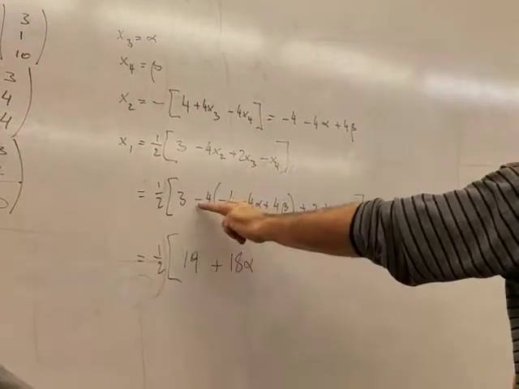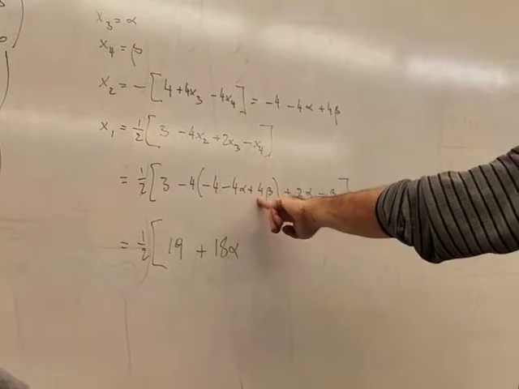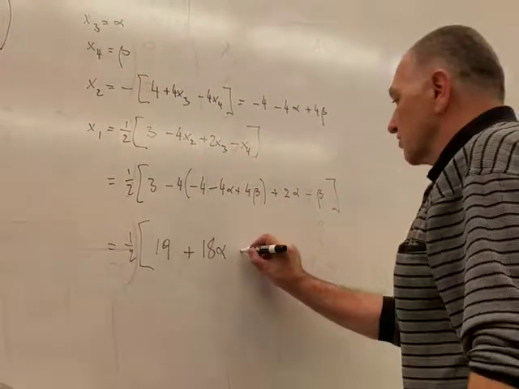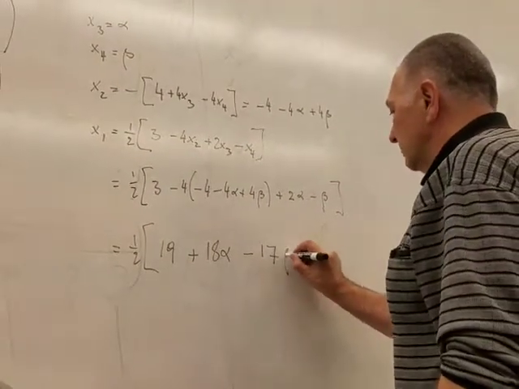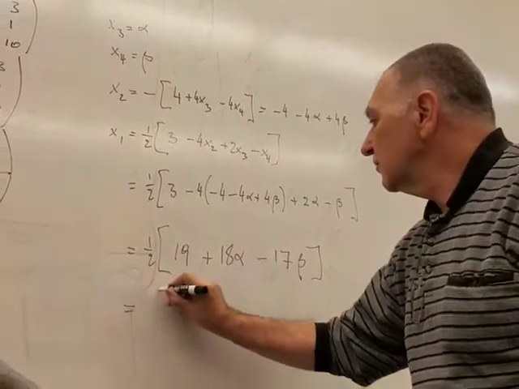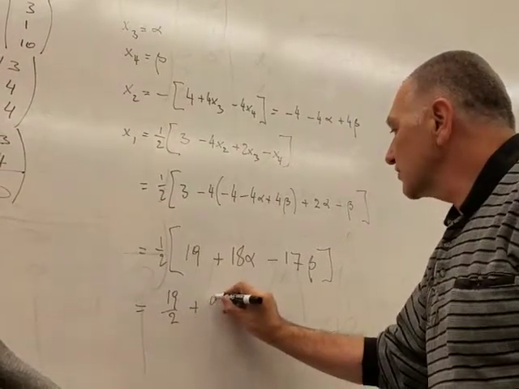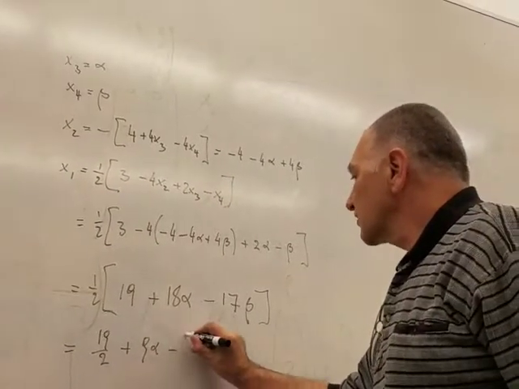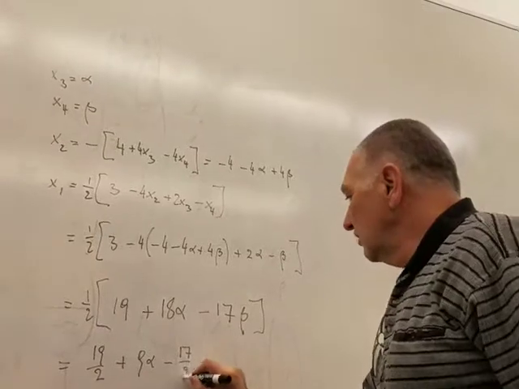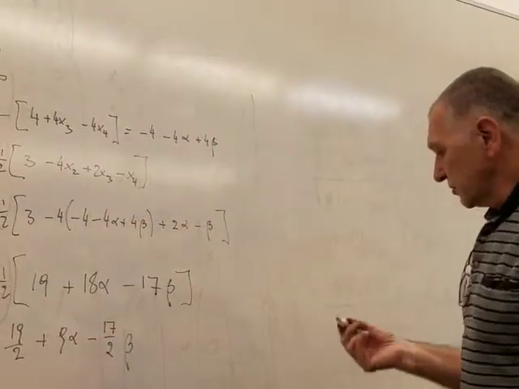And the beta terms: minus times plus is minus 16 beta minus 1, so minus 17 beta. Somebody went to town with those numbers. That's equal to 19 over 2 plus 18 over 2 is 9 alpha minus 17 over 2 beta. So when I write down the solution, therefore,